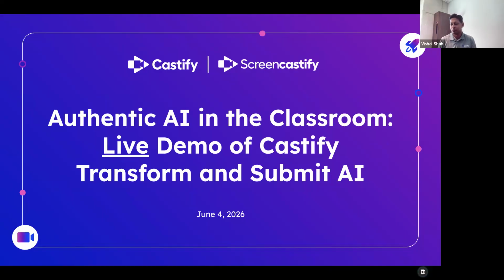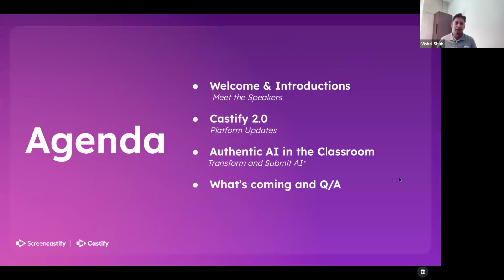And the key piece here is live. Not only are we live, but we're going to show a live demo of the product, and hopefully reduce the number of slides we go through because in learning, we know that people learn by a more engaging presentation and actually showing and telling. That's at least my style. So we'll go through a couple updates across the product, really focusing on that live component and talk about Transform